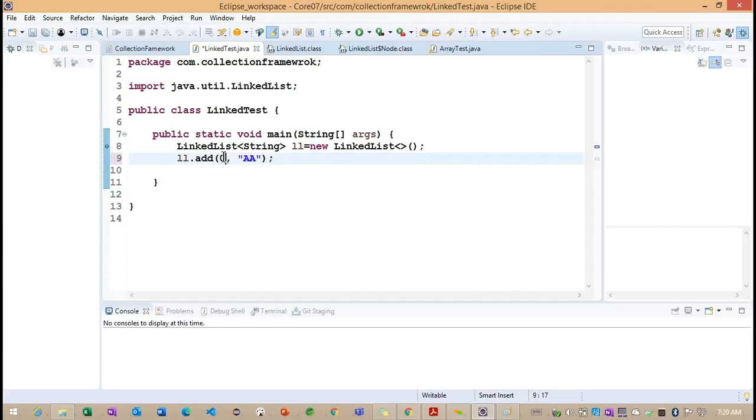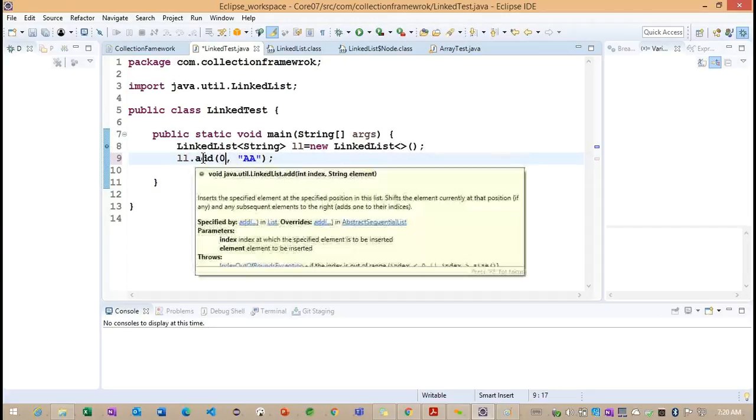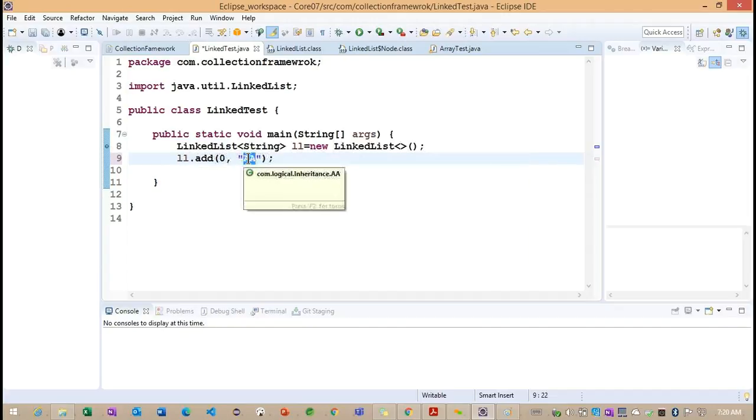When we are working with the linked list object, first we need to know the size. The size by default is 0. But at the first index location we are trying to add this particular item value, and we don't have the first node. Because of this, internally we are getting an exception. Getting the point? So we need to go for 0.